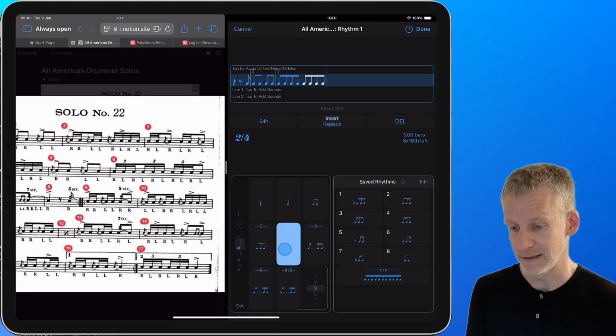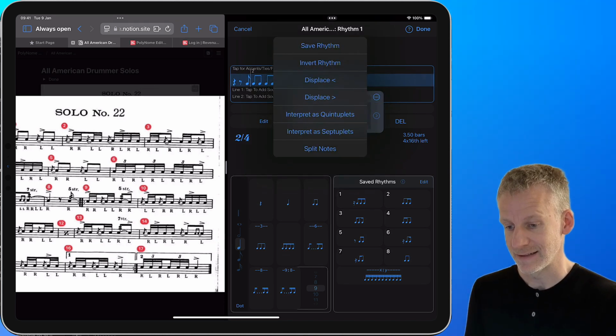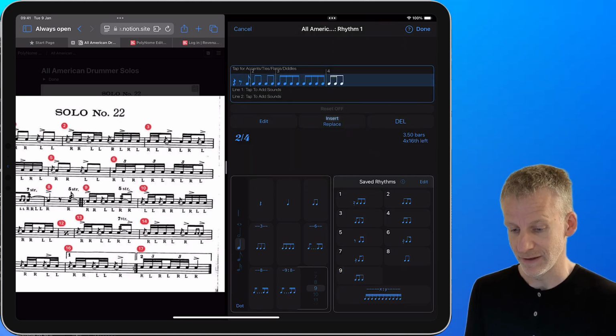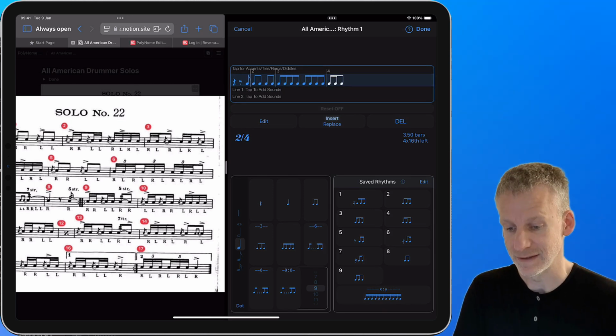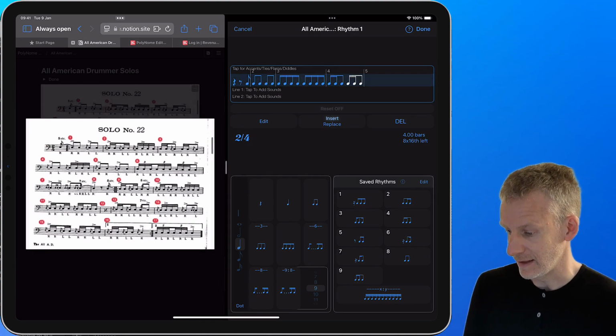You can long press on the 4 sixteenths and then remove that last note, and you can tap here and save the rhythm, and that will add it to the saved rhythms palette down here, and you can just tap on that to add it again. I've actually done that with a lot of the common 16th rhythms here in my setup. So we need that again, so I'll tap it again. And then bar 4,